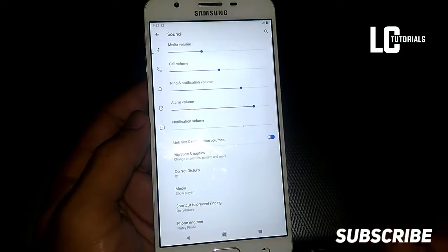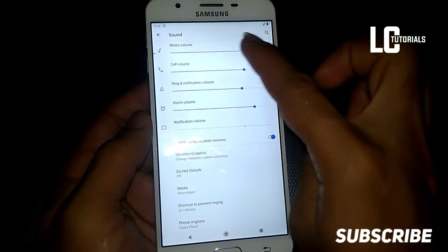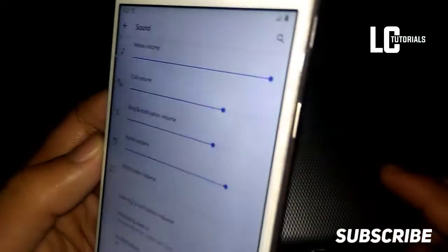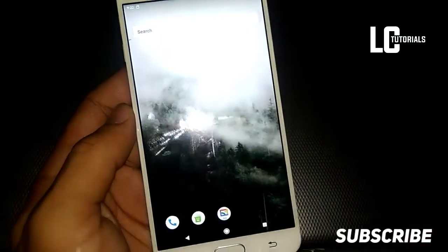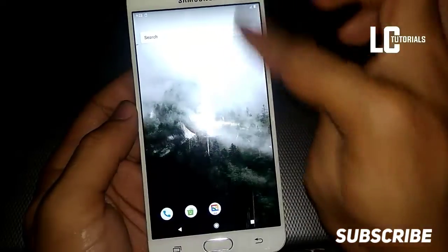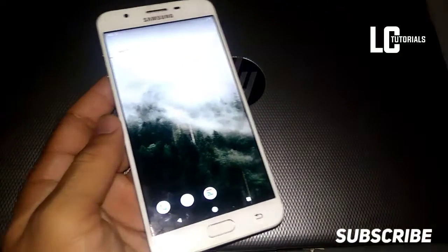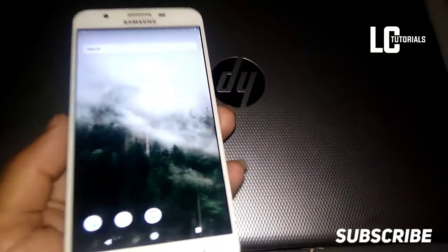We're going to try this sound to see if it's working. Oh, the sound is really working in this ROM, guys. So yeah, this is now Havoc, and let's proceed to how to install this ROM.